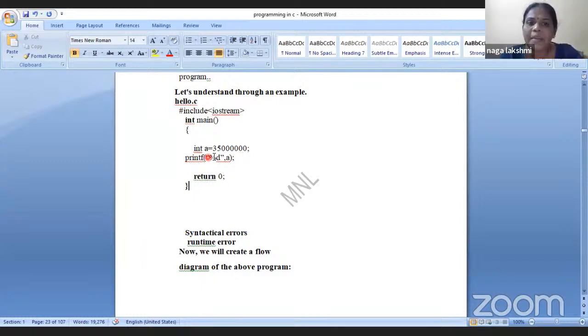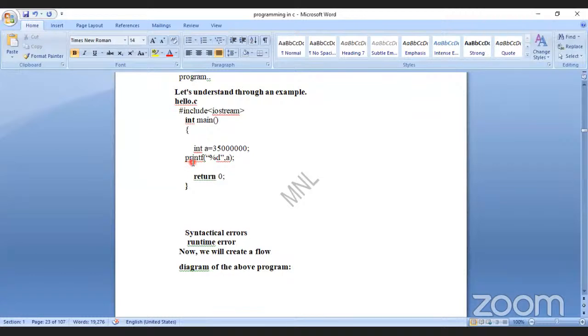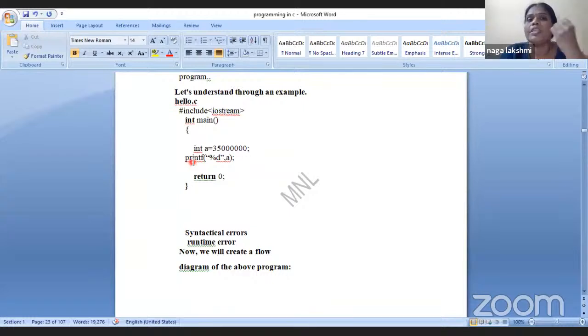Here I have given int A. So what could I call A here? A is a variable. Generally, what do we declare a variable for, girls? A variable is like reserving some part of space in the memory. Once we declare a variable, it is like telling the compiler, okay, I am a variable of name A, I have come into this program, please allocate 2 bytes of memory. Why only 2 bytes of memory?